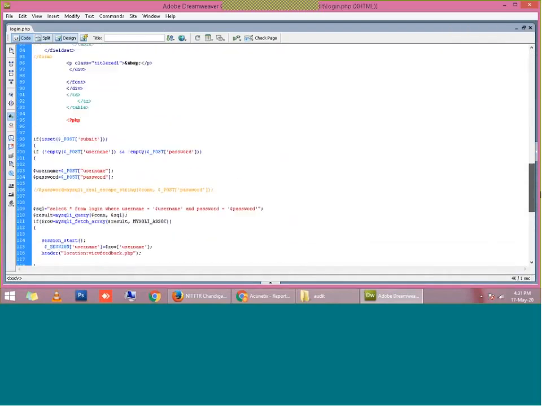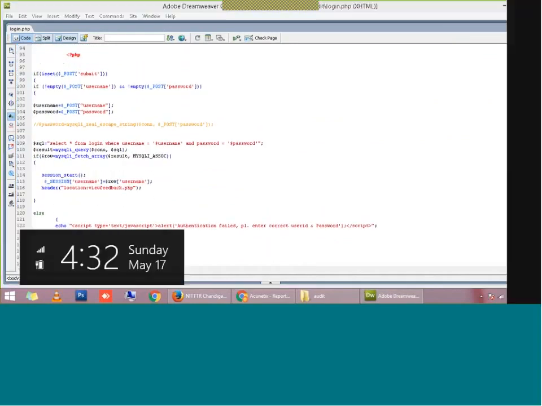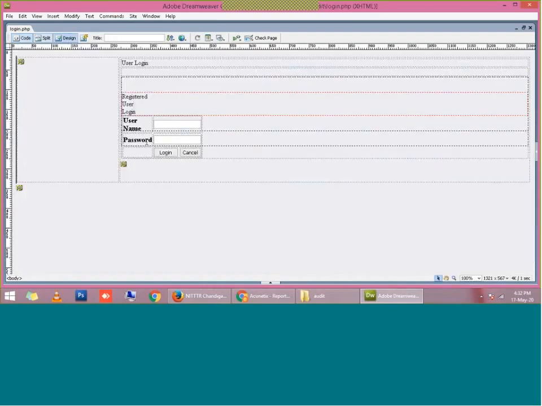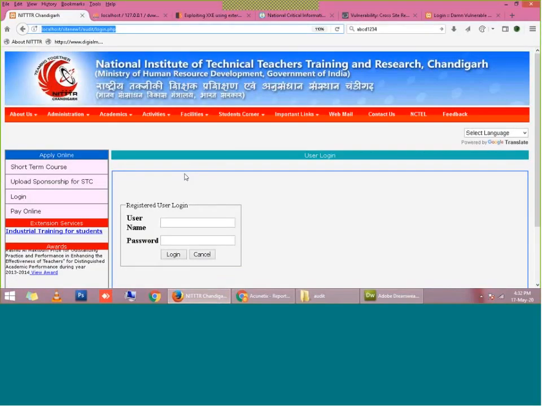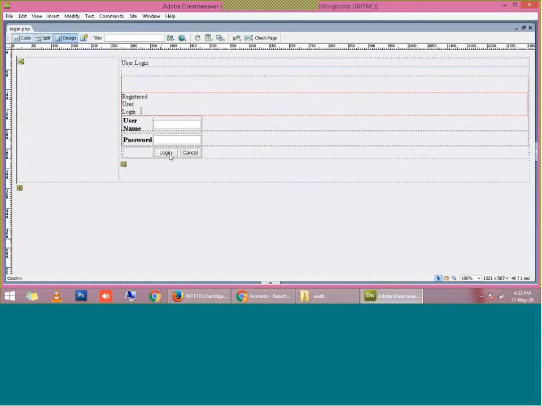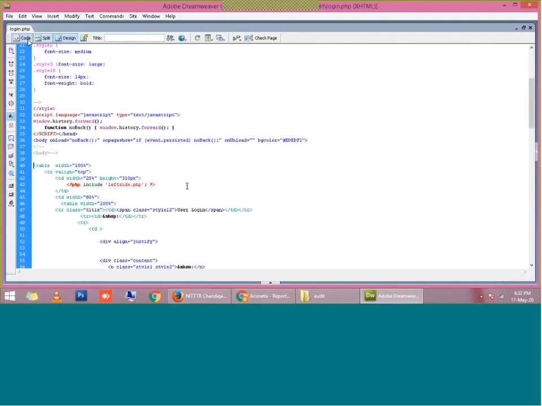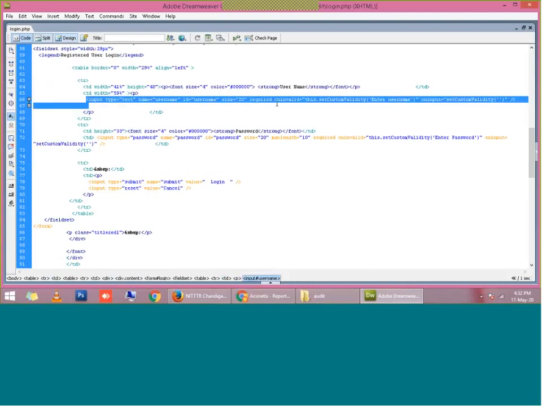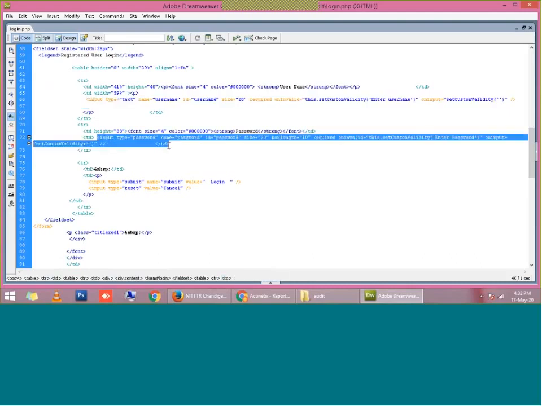So I can show you the code, because without showing the code, I am not able to tell you what the safeguards and techniques are, right? You can see here in the login page there are two controls: username and password. These are the fields. I am showing you the design page, which is stored in the server. When I explore the code, you can find here in HTML I have created two fields, one for username and one for password, right?